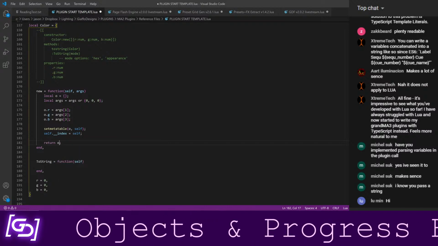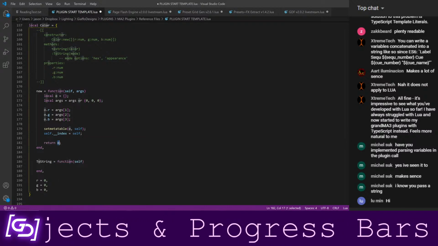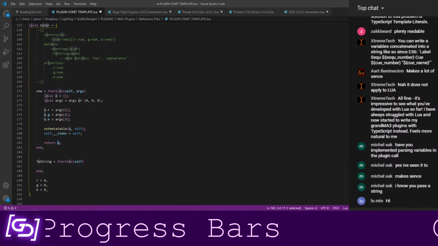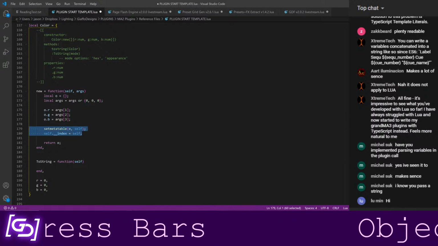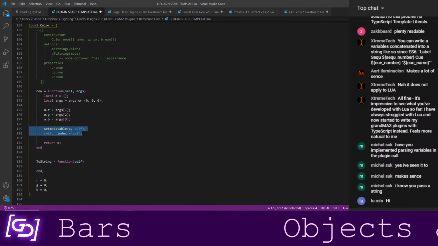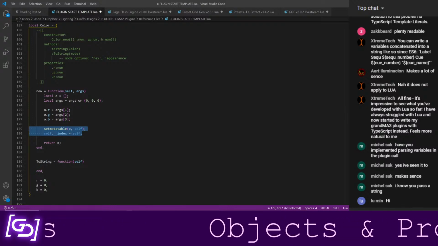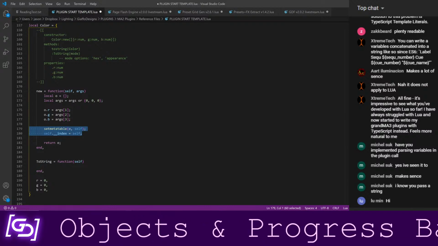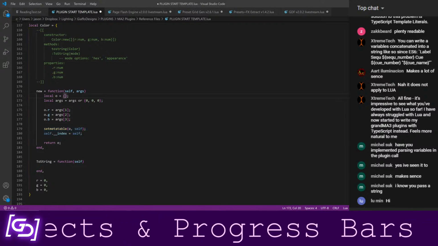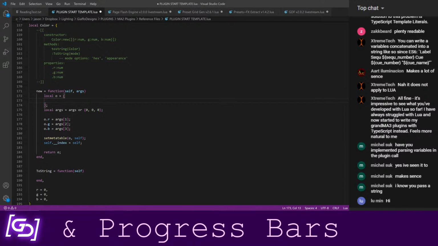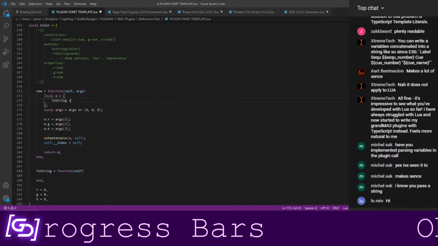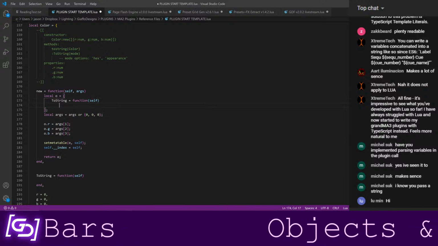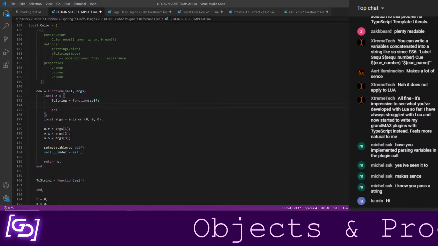So now we are definitely returning this new table that we've created. Now with all of that said, basically this just gives us access to the whole class without creating a full copy of it every time. There is the option, you could define all of this behavior inside of your new thing. So like inside of here, I could go and do tostring equals function self. And I could go ahead and define it in here. And that would also be totally valid.